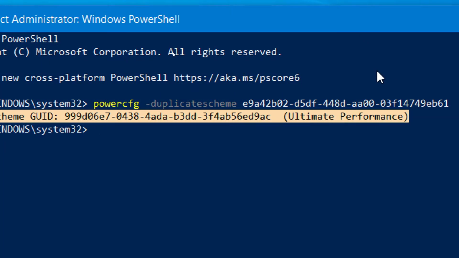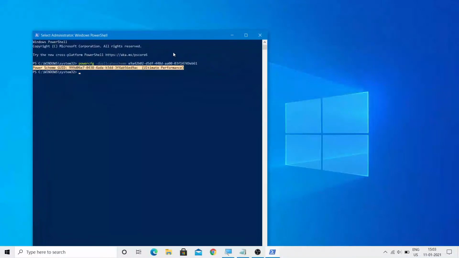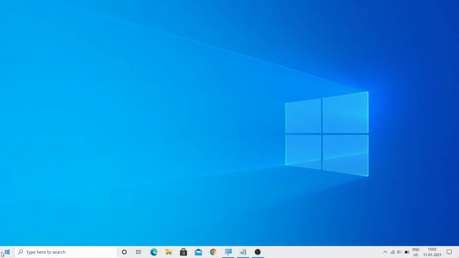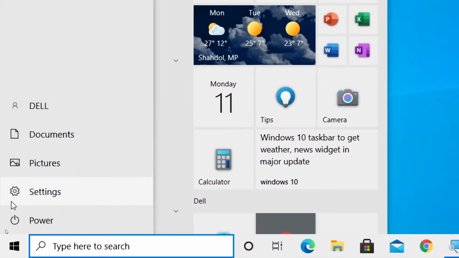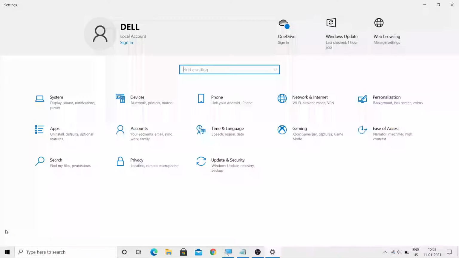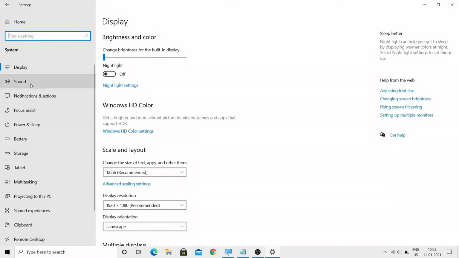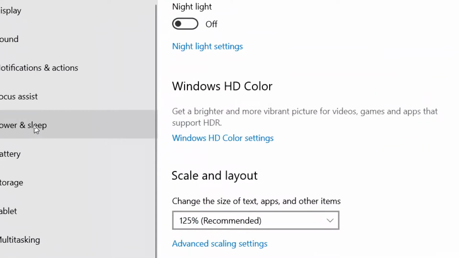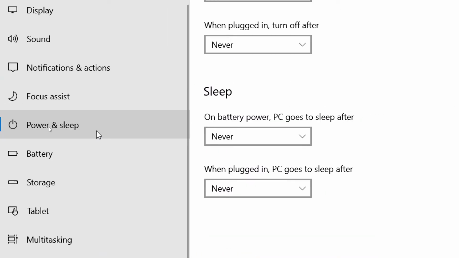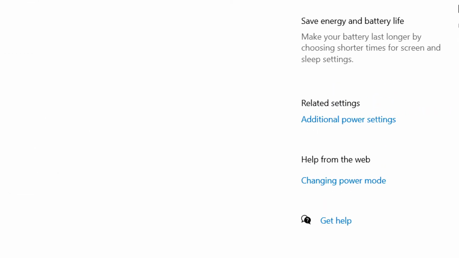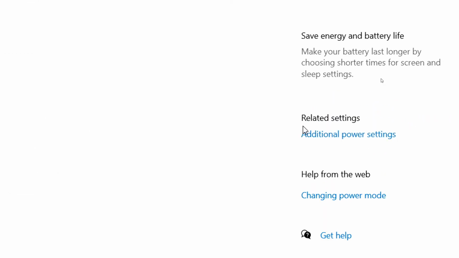Okay, so after that you need to switch to the ultimate performance mode. For that you need to open the settings on Windows 10, and after that you need to go to System, and here you will see an option, Power and sleep. Okay, so you need to open this option, and in related settings you will get an option, Additional power settings. You need to open this,